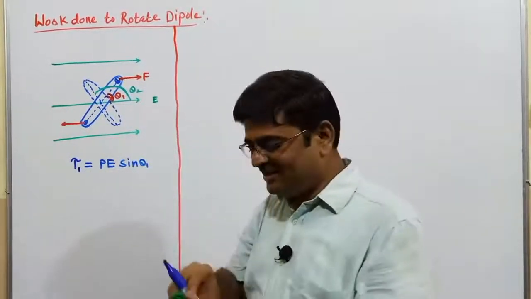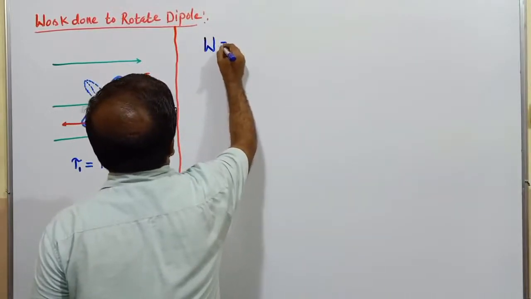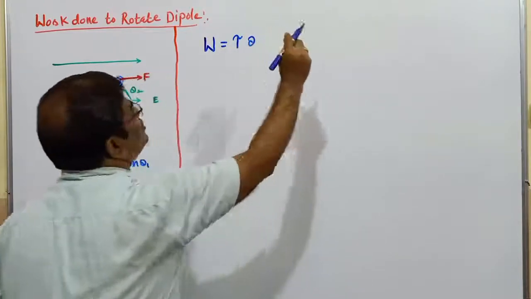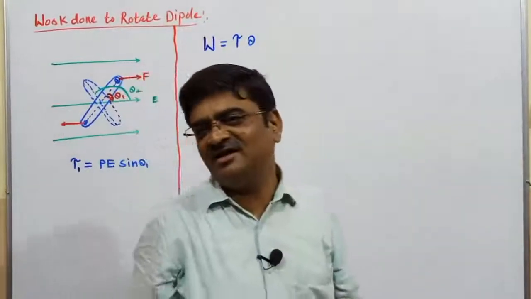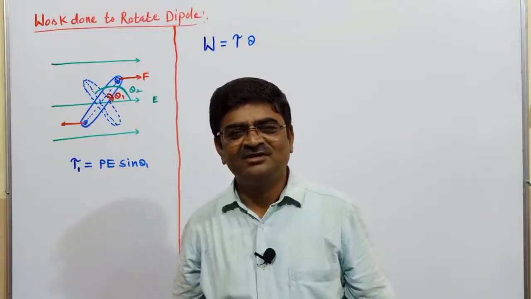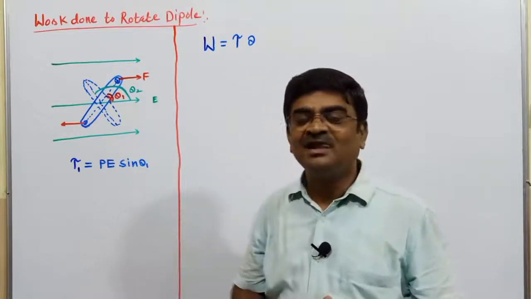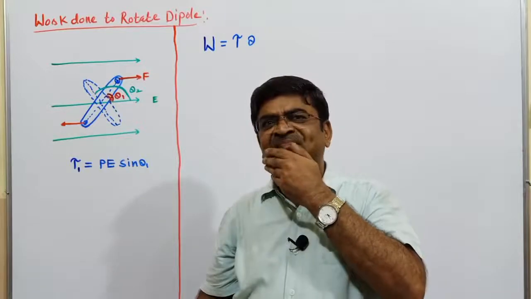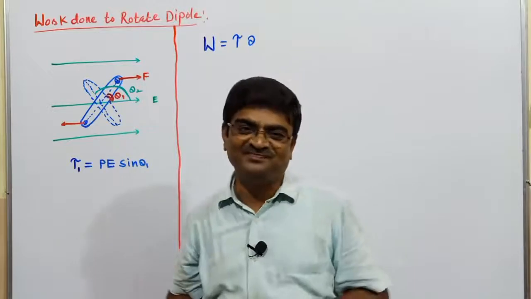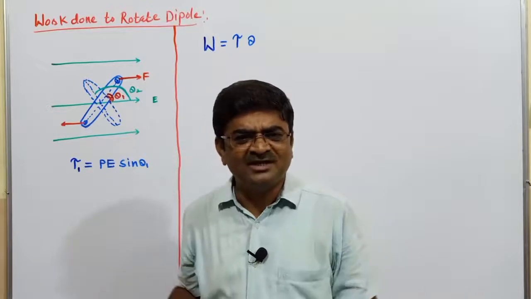And children, work done, be it in rotational dynamics or translatory dynamics, is calculated, in case of rotational dynamics, as torque into angular displacement. In linear dynamics, force into displacement, you have said. In the work energy power chapter, you have done that. Work done equals force into displacement. But if you remember, in the case that the involved force is not constant but a variable... A constant force, force into displacement, you can do very easily, no problem.